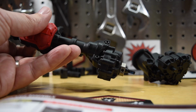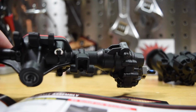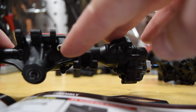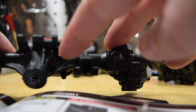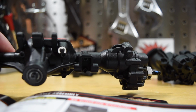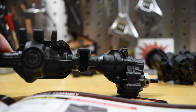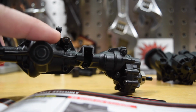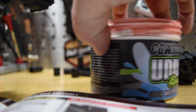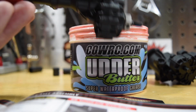I'm doing everything by hand. I'm not even using a drill. So I would recommend just doing it by hand. These axles have the little E-clip up top here. Just kind of seals up the space where the cable would go should you have the locking unlocking diffs. So you do have to put the one E-clip in there. You got to find that little piece to stick in, and that just keeps that all protected. I use the Cal RC Udder Butter, so everything is nice and greased, and I'm going to move on to